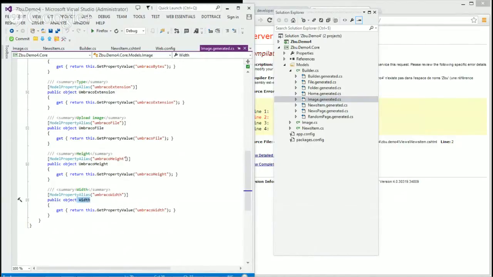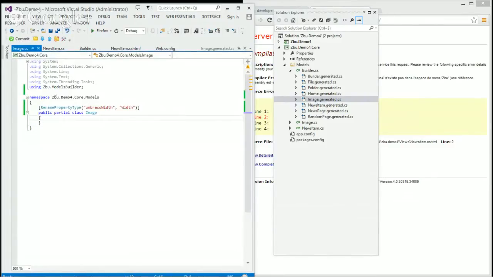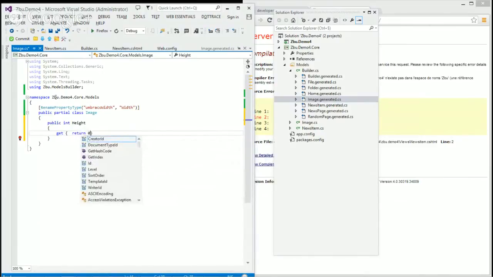What I might want to do is implement one property by myself, so I don't want the generator to generate it at all. Let's say I want a public integer height with a getter that returns, I don't know, something stupid, return 0.